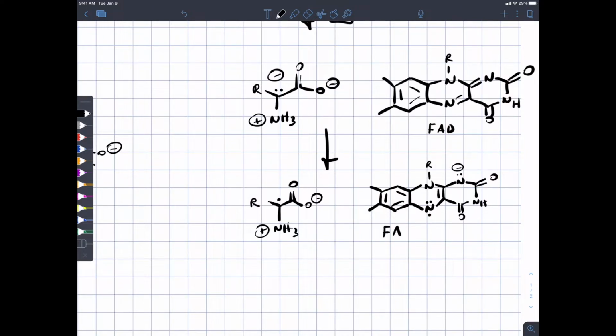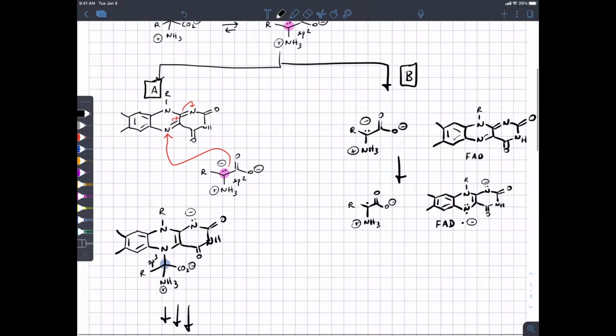All right, this is the FAD radical anion. Presumably this single electron transfer step is slow, whereas for pathway A, it's the direct attack that is the slow step. Notice in pathway A, there's a hybridization change in the slow step from sp2 to sp3, whereas in the single electron transfer step,